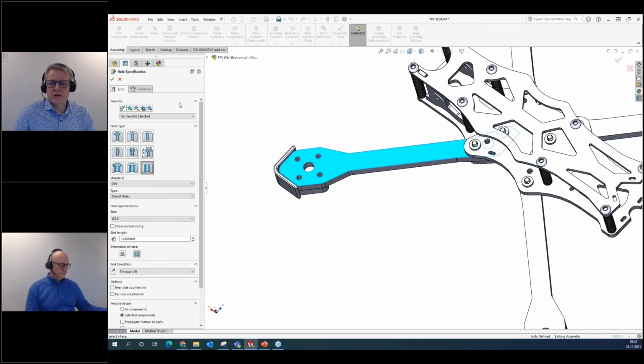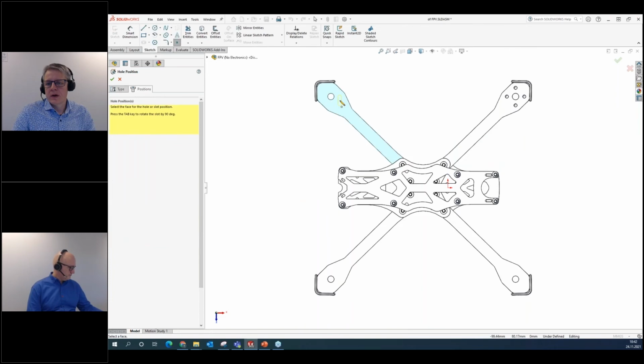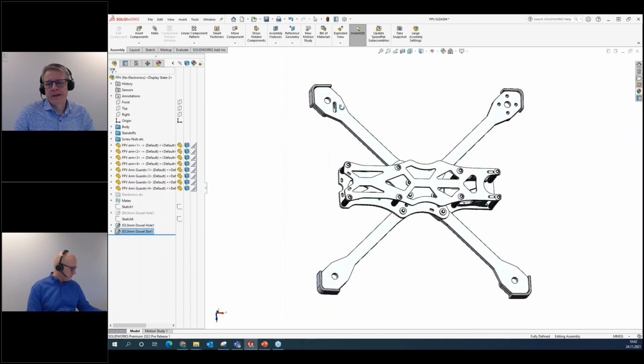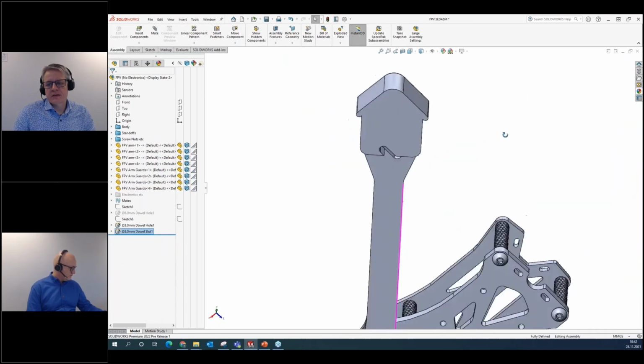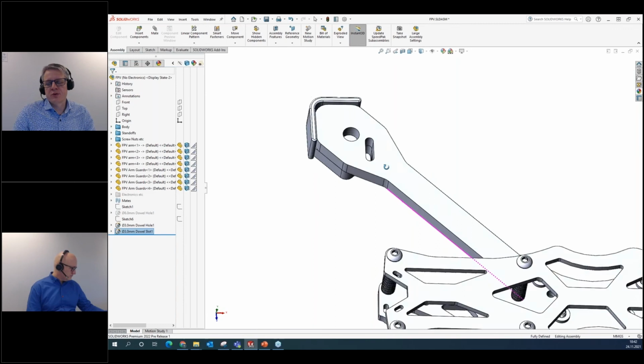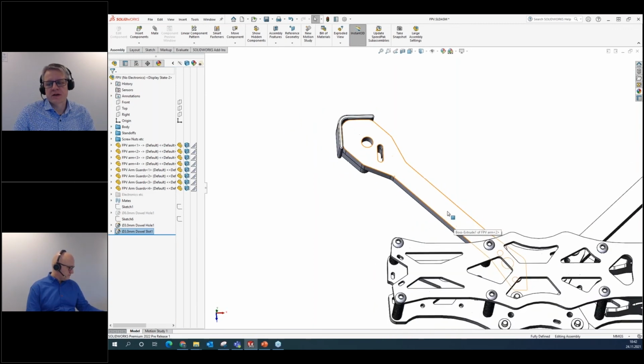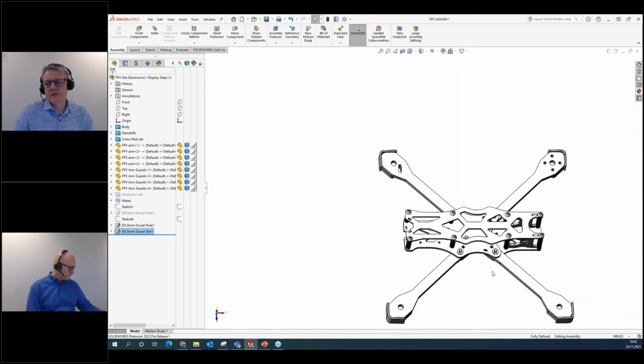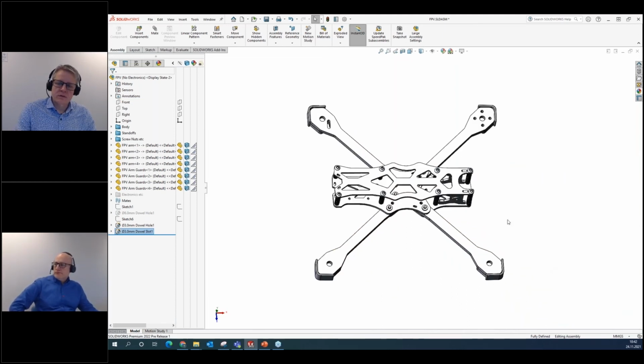Pick the face, and I will add a slot here. Now we can see that this cuts through the parts inside the assembly, but it's not transferred to the other arms that are in the pattern. So an easy way to do that is if I